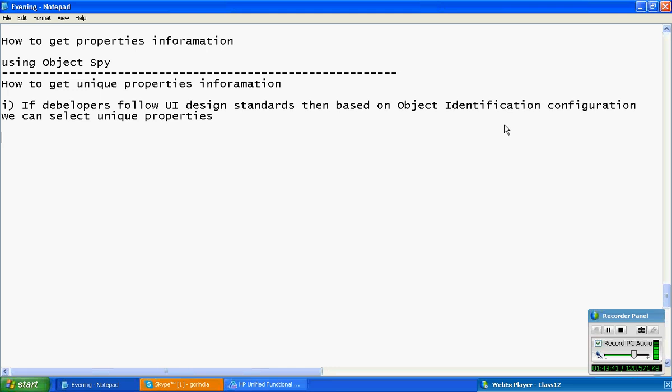Okay. Next, another situation. If developers do not follow UI design standards, tell me, Sushma, if developers do not follow UI design standards, then